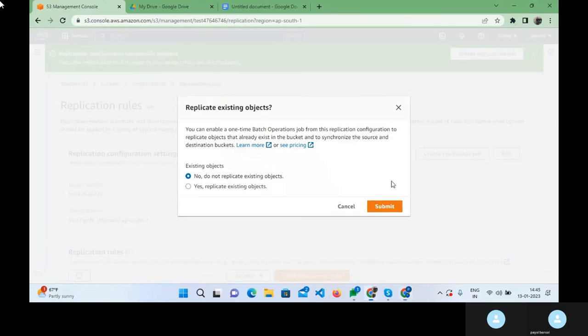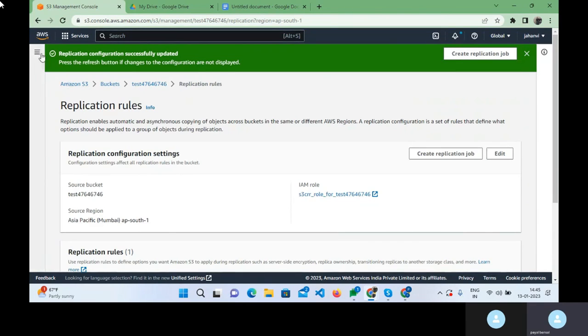So here it is asking me, do you want to enable a one-time batch operation job? It will create a batch operation job for you and it will basically replicate all the objects. So if you say yes, replicate the existing objects, it will create a batch operation job and do it. If I don't do it from here, now suppose I didn't do it, okay,